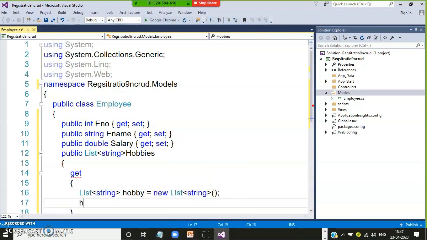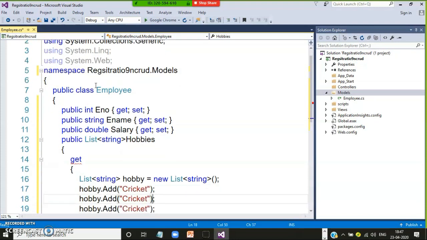And if you want to add objects to the collection, which is nothing but a group of objects, here I am adding some string objects: hobby.Add of cricket, similarly two, three. Here I'll give football, and some other hobbies, hockey, whatever it may be.